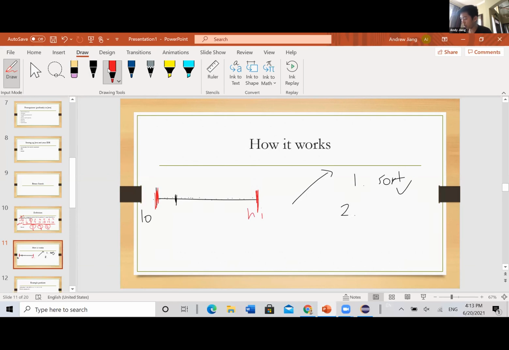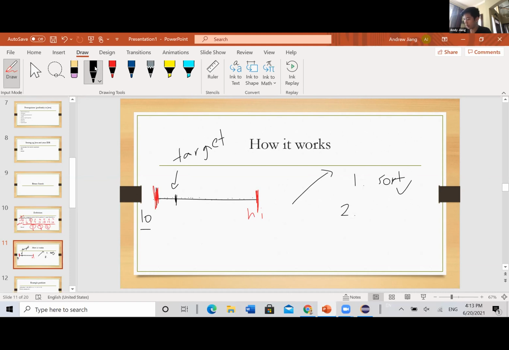One is going to be called low, one is called high. You can think of this as something that's squeezing your range. So at all times, your target value will be